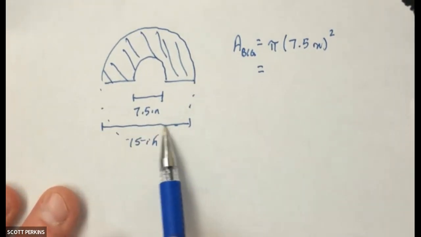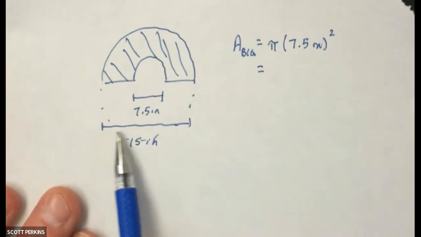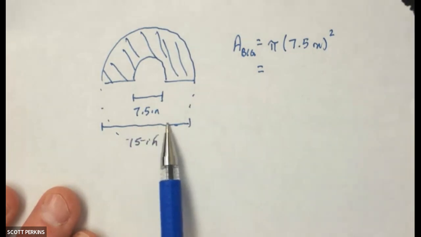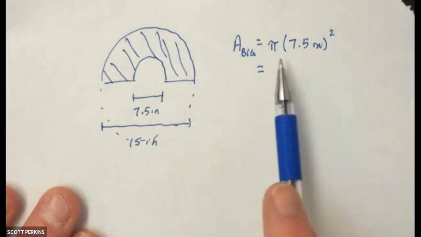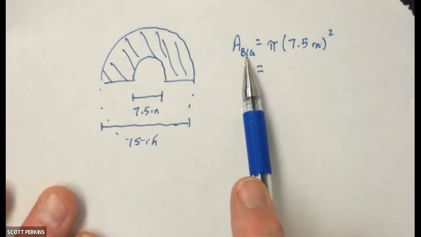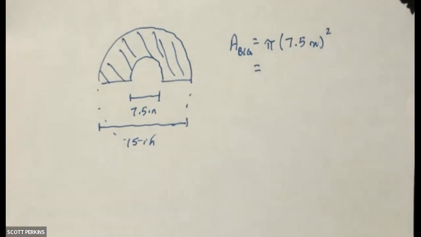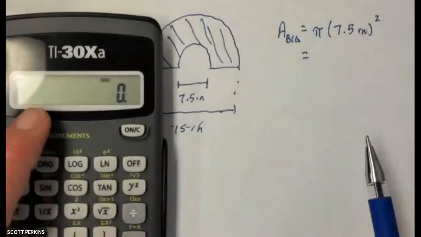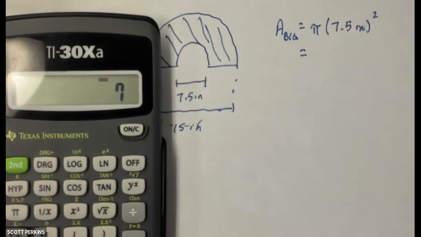That's great. Yeah, these measurements are very similar. The bigger circle is 15 inches across. So half of that is 7.5. Okay, we'll get to the smaller one. That's why I put this little word big here, so we remember that we're doing the big circle this first time. So again, great. I love when you guys ask for clarity. It makes my job easier. 7.5 squared times pi is equal to